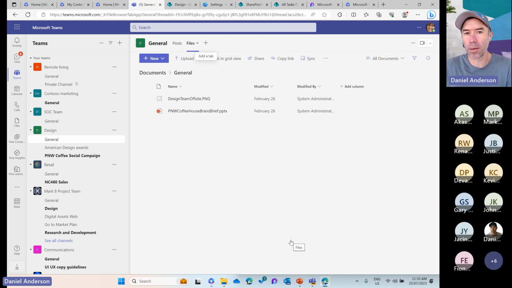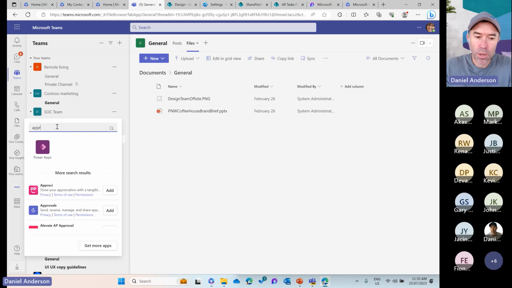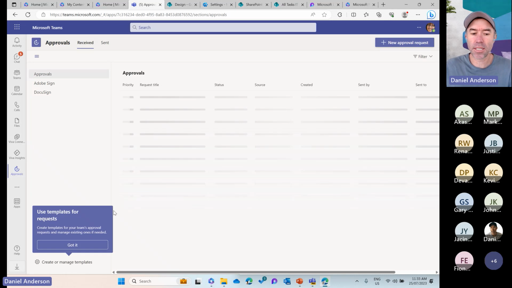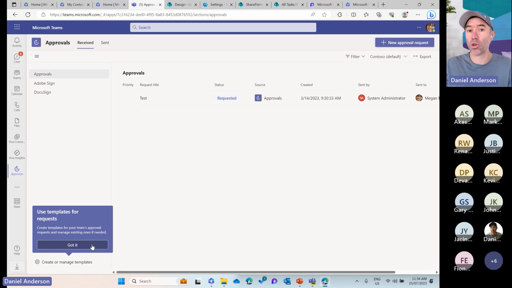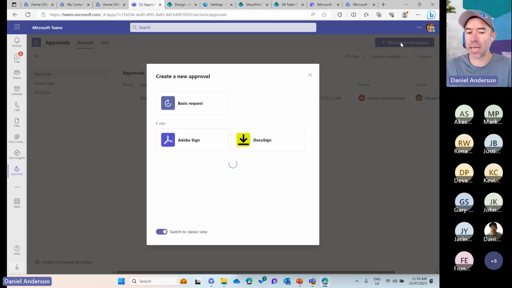Now, while we're talking about streamlining processes and business operations and things like that, part of Microsoft Teams is a little application that I want, before we get onto tasks, that we'll just have a really, really quick look at. So one of these apps is called Approvals. I mentioned before, Approvals is probably one of the most common things that people want to try and automate. So there's this Approvals app inside of Microsoft Teams that allow you to be able to create your approval requests. We've actually got a number of different templates that we can use as well,